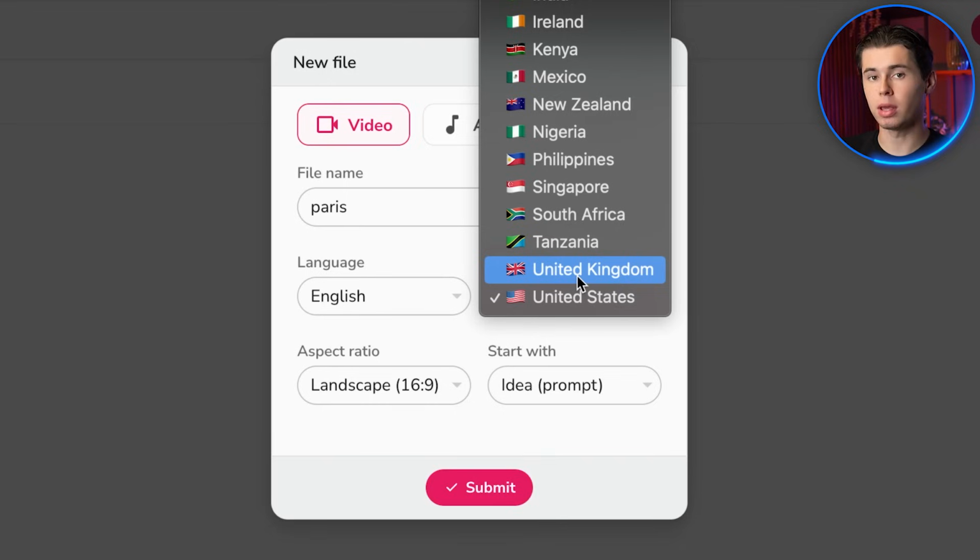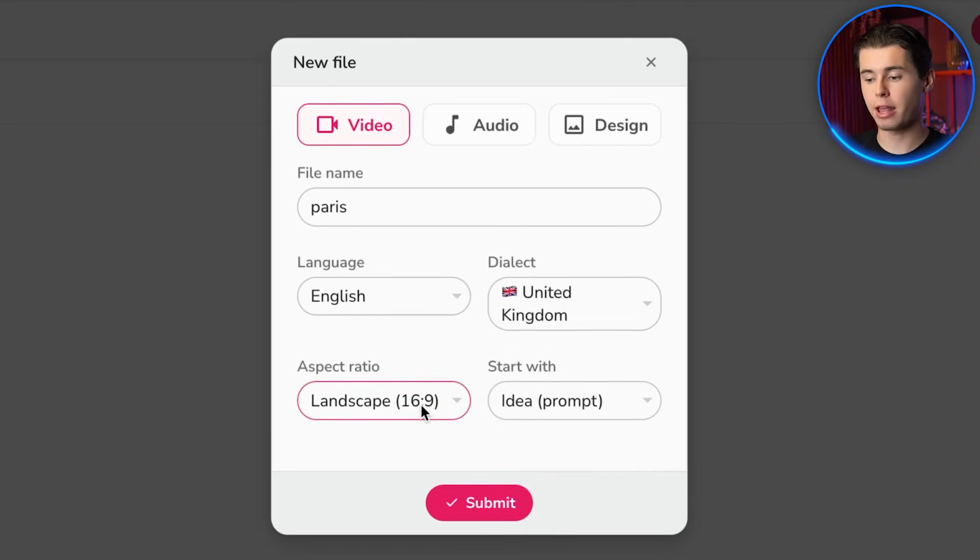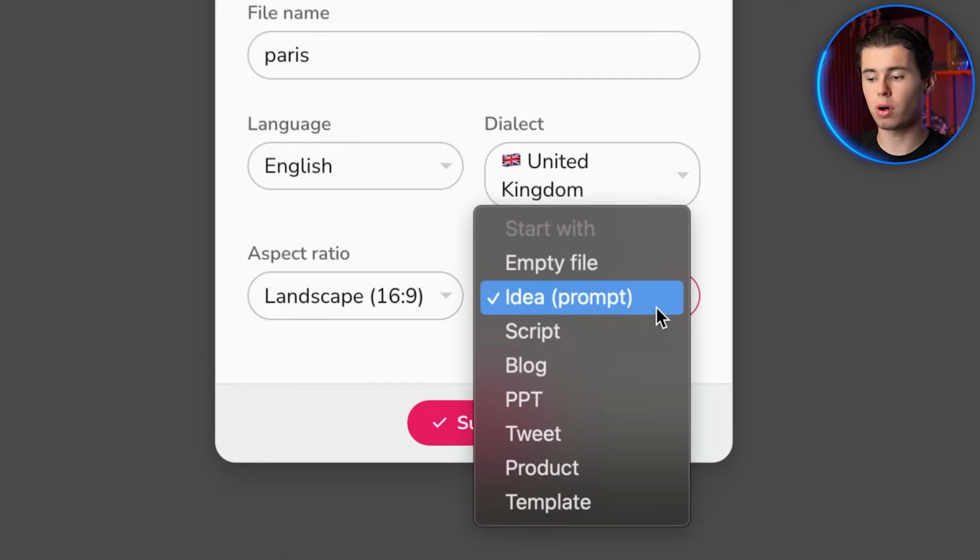Now, to compare this to the Invideo AI, I'm also going to go with a British accent here. Then we've got the aspect ratio, which is already set correctly. And here's where Flicky AI gets interesting, because you click on start with, and here you've got a couple of